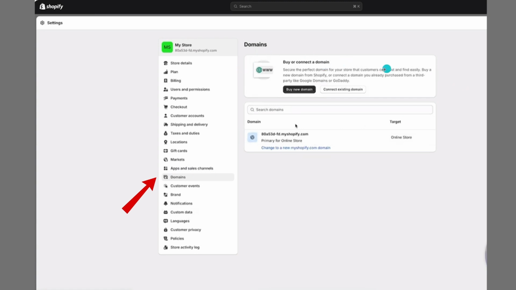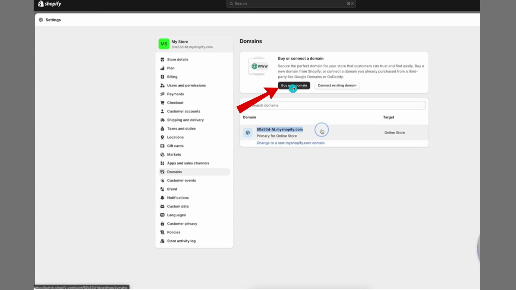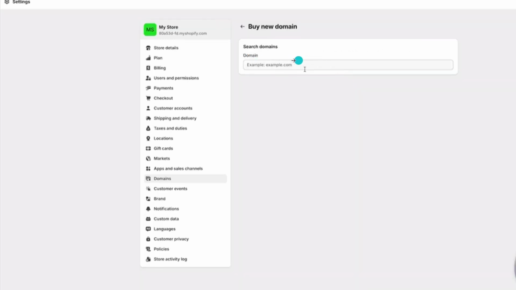Next, decide how you want to get your custom domain. The most straightforward route is to buy one directly through Shopify. Click Buy New Domain, search for a name you like, and follow the prompts to purchase. Shopify handles the technical setup automatically, which makes this the quickest option. Keep in mind, it can be slightly more expensive and a bit less flexible if you plan to transfer the